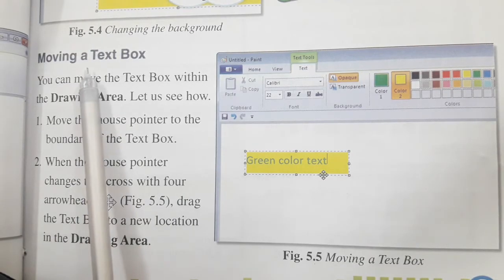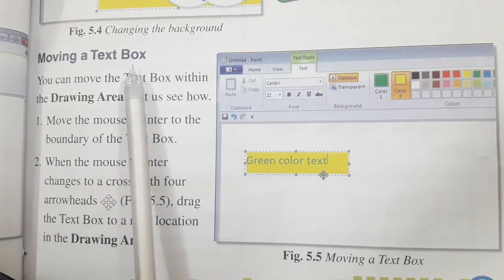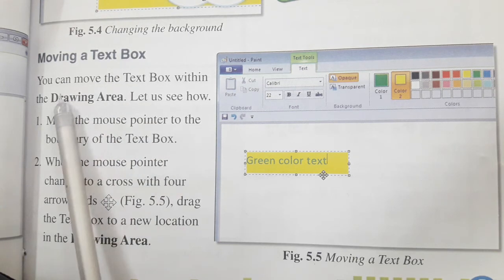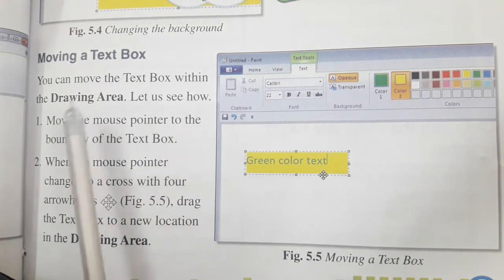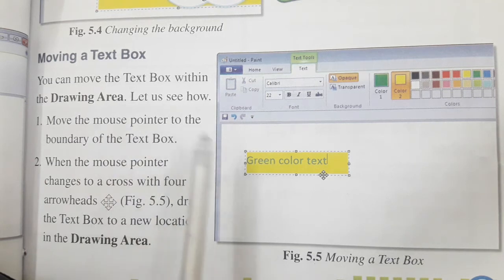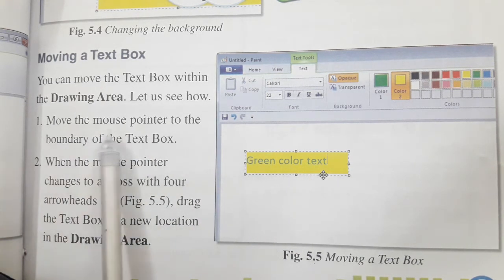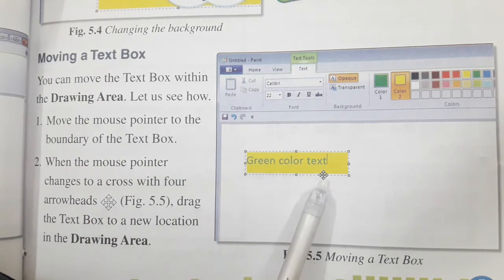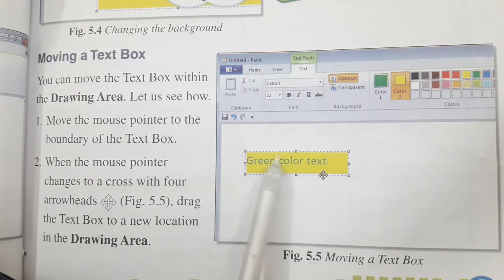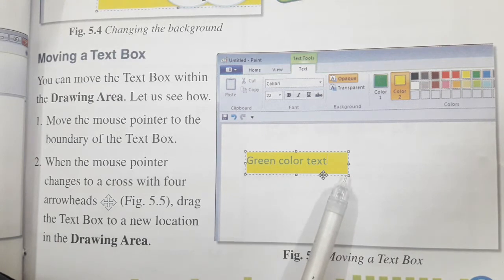Okay, now moving a text box. How to move a text box? You can move the text box within the drawing area. Let's see how. Number 1, move the mouse pointer to the boundary of the text box.